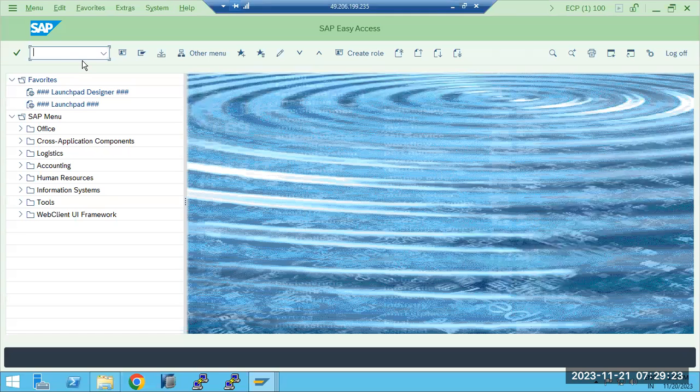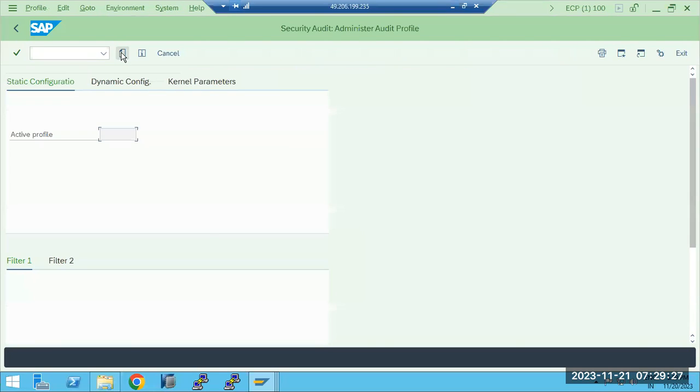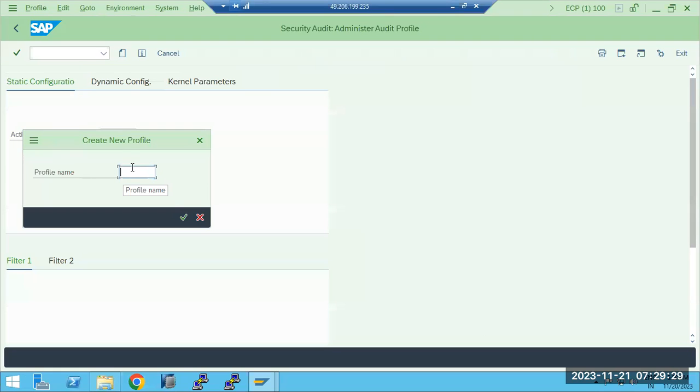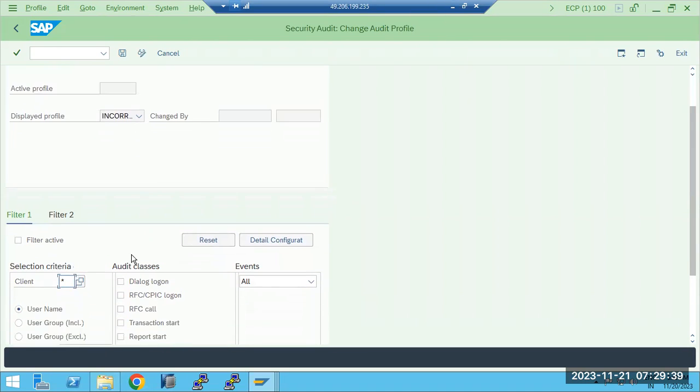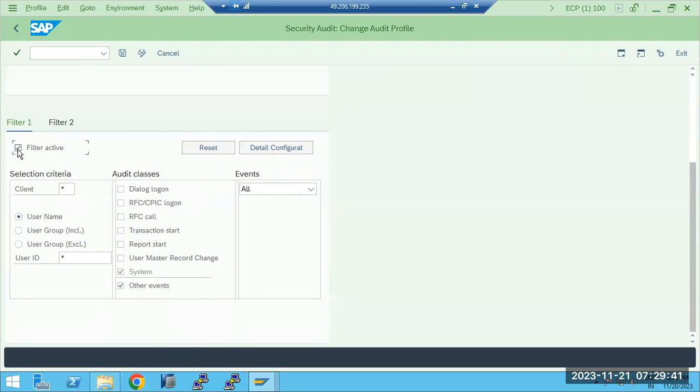Suppose I enable the auditing in SM19 here, I'm configuring the auditing. For the profile name, I type "incorrect". All the clients, the filter should be active here. I want any incorrect passwords, for any username, any user,